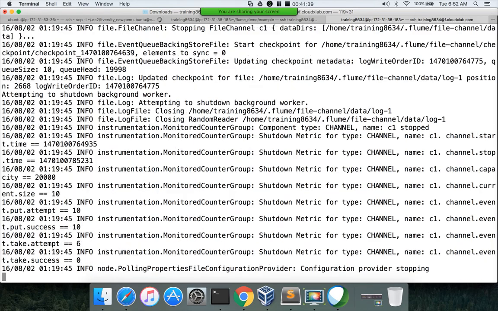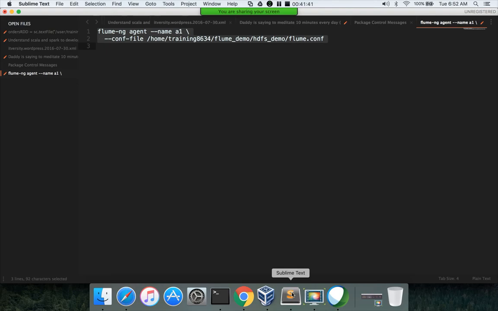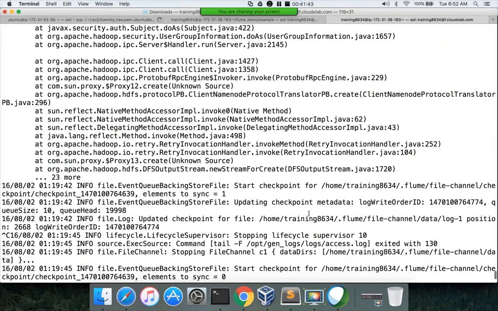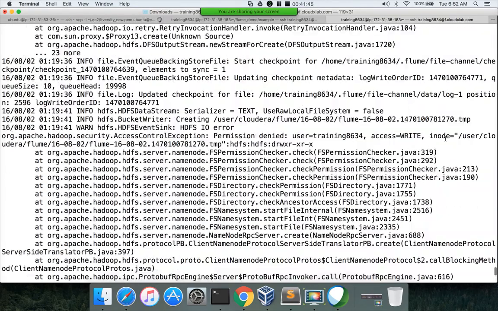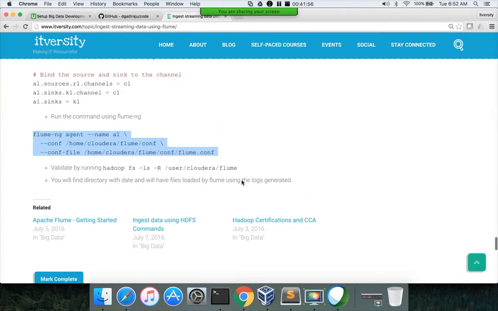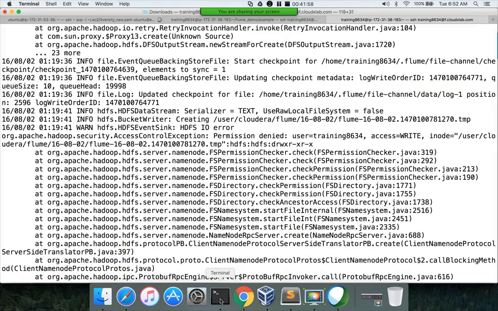So we have to fix the HDFS path in the configuration file. If you see here, it is trying to write to this location, /user/cloudera/flume, whereas I cannot write to /user/cloudera because my username is training8634. So what you have to do is go to the configuration file here.